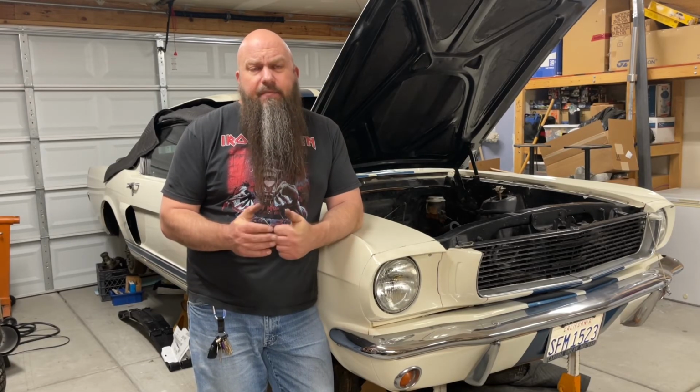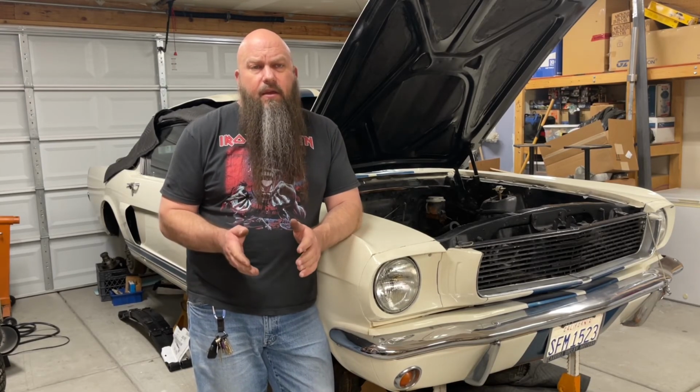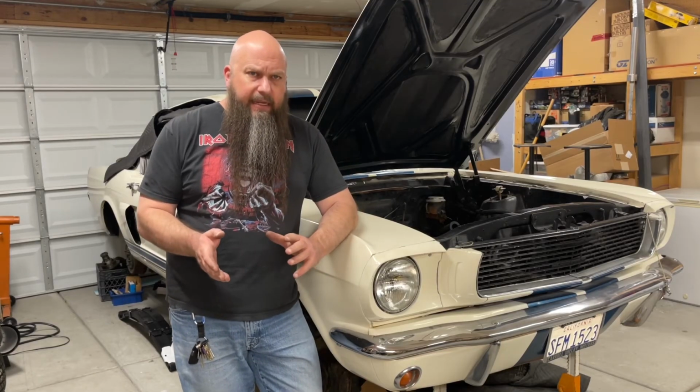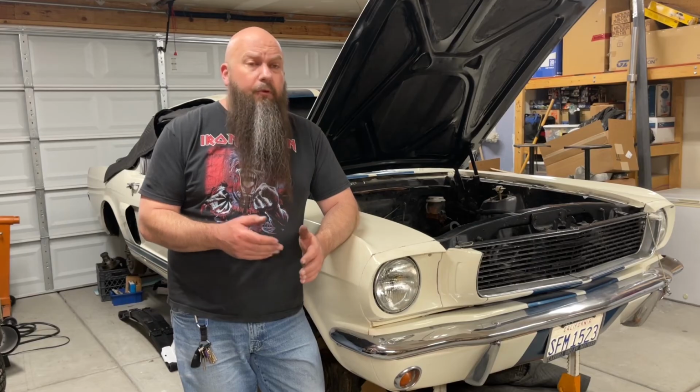In the future, I'll do some videos on how to adjust single points, dual points, and then I'm going to do a follow-up video to this on how to set the curve. And that video will be coming in the next couple of days. That video was filmed a while back, but I'll walk you through the process, what I did, how I did it on a car that was having some heating issues and it just didn't perform really well. We were able to improve the drivability,